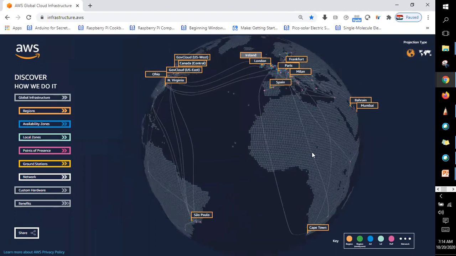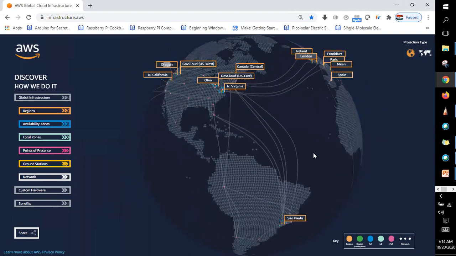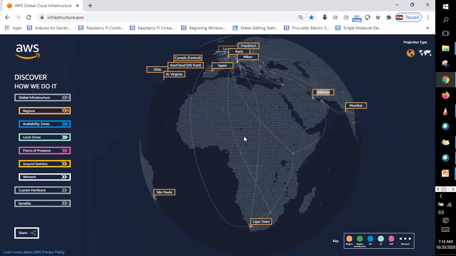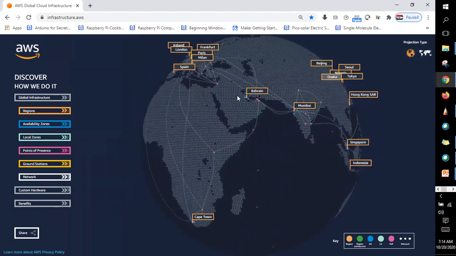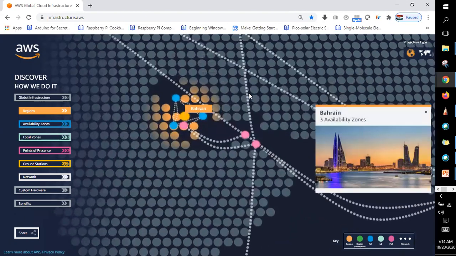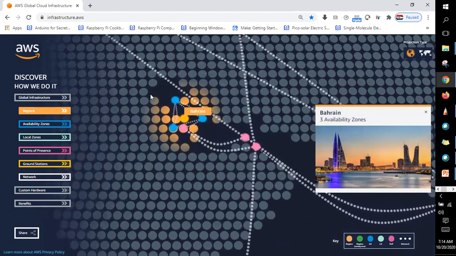Let me show you a region, maybe this one, which is alone. Let me click on a region. So if you see here, a region is a geographical area, and the blue ones are the availability zones. We have 3 availability zones in this region, Bahrain, whatever.